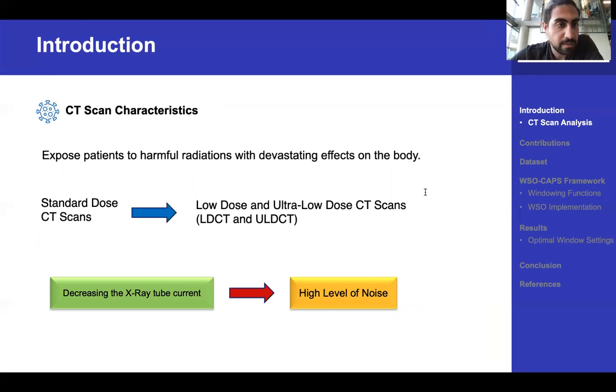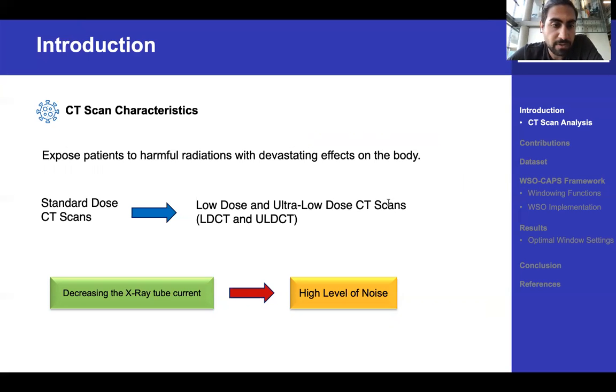To deal with that detrimental effect, the radiologists have come up with some ideas to move from standard dose CT scans to low dose and ultra low dose imaging protocols. The common approach to reduce the radiation is to decrease the X-ray tube current in